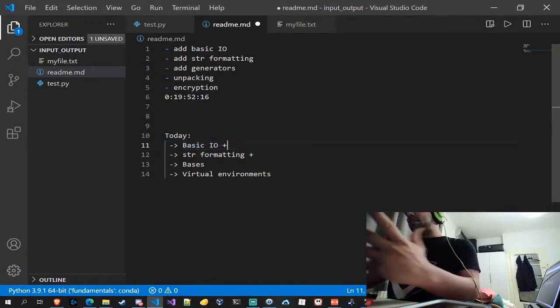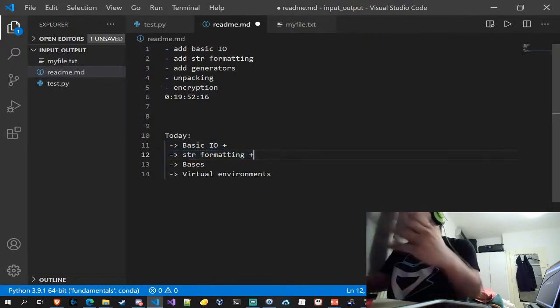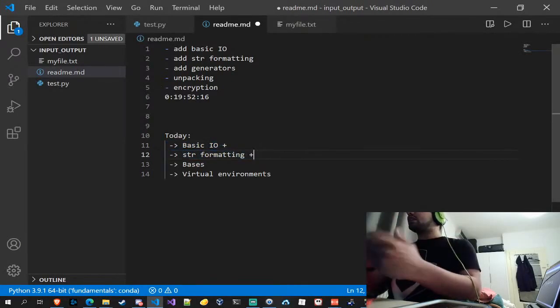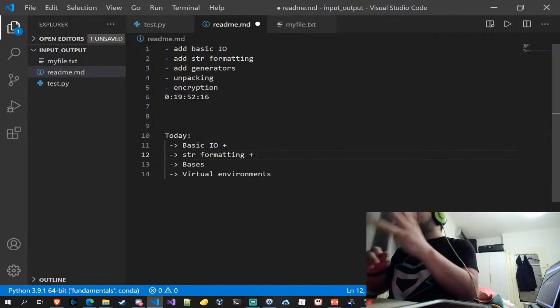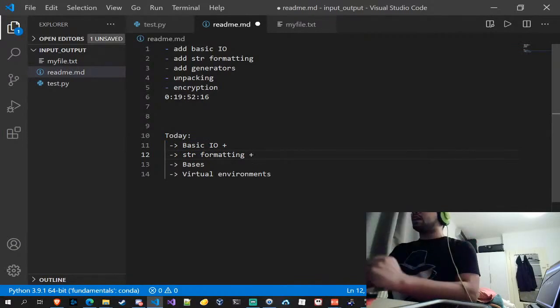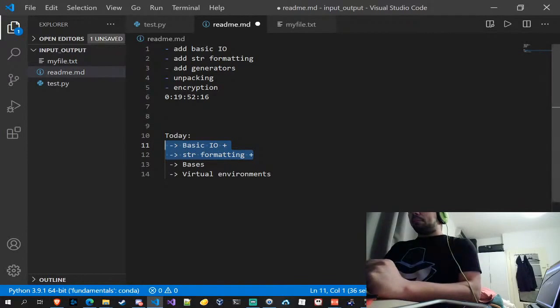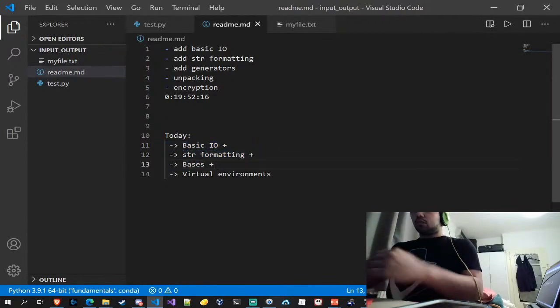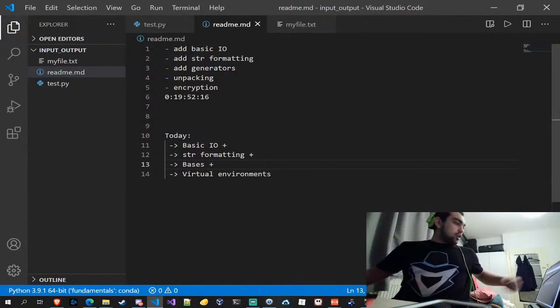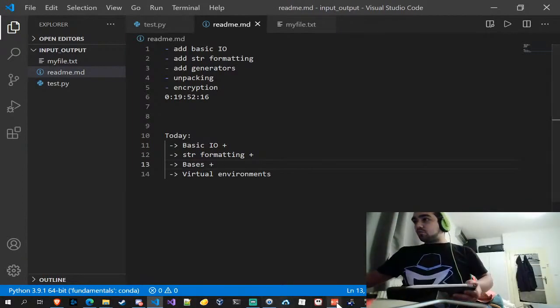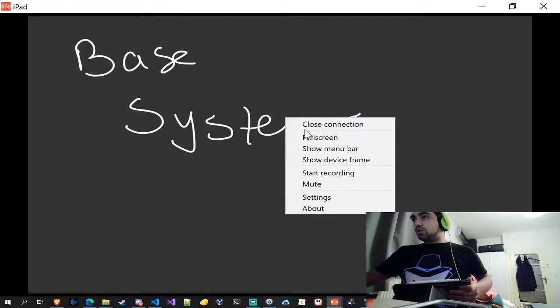So the basic I/O is learned. String formatting, so basically how to deal with strings, how to represent strings and represent expressions and variables inside of those strings. We've learned that too. Now we're going into bases. And why is this important? What are bases? And this is actually where I'm going to probably full screen this